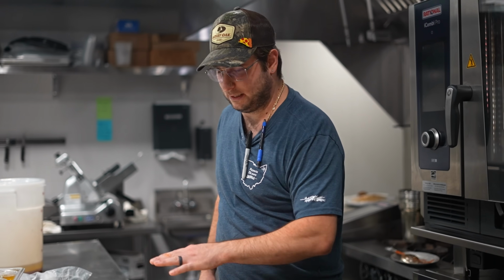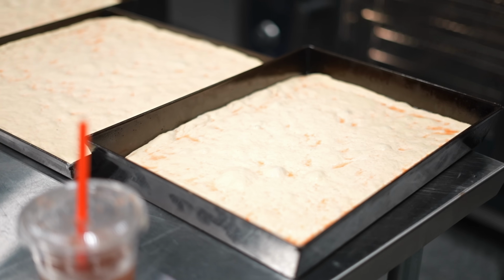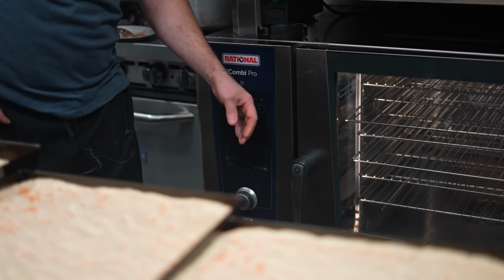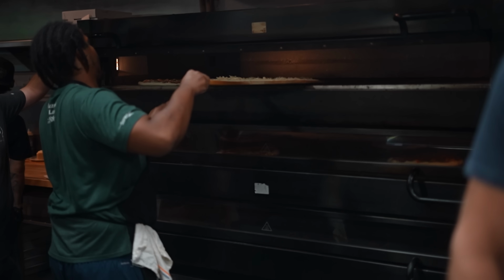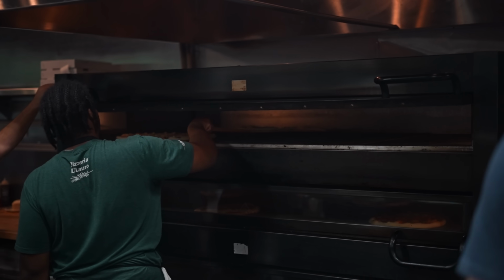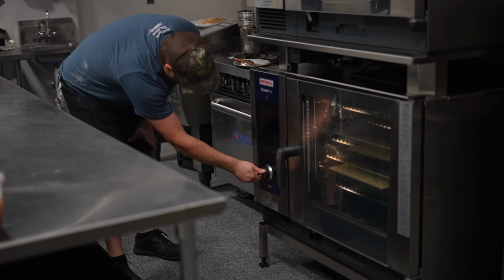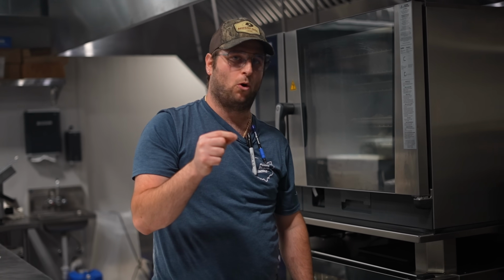Before we bake, that's how it has to look like. So they double it. I set up the oven on 350. This setting is basically gonna keep 70% of the moisture inside the oven. That helps me way more than just throwing them into a dry environment like the Pizza Master. My timer to 6 minutes. If I see that they need a little bit more cooking, I give them like another 10 to 20 seconds